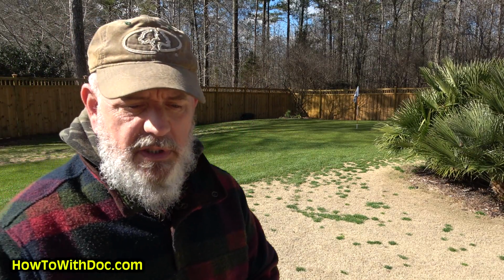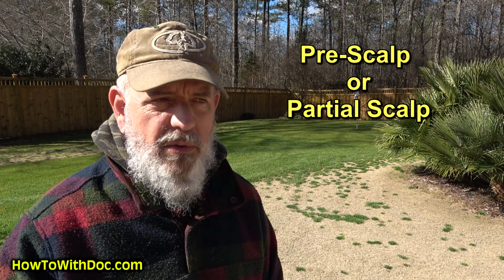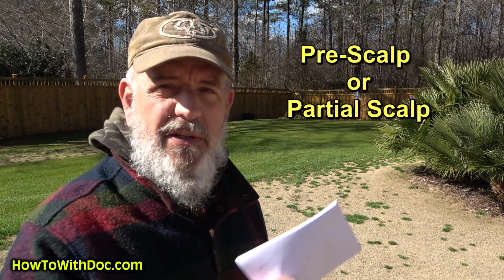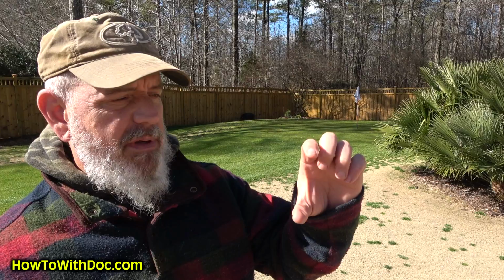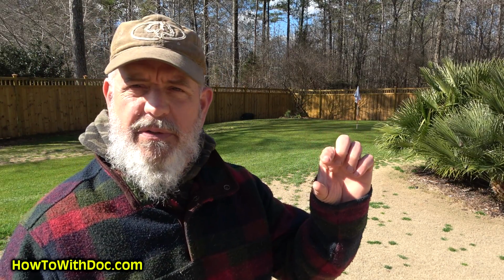So one thing I did want to talk about too, a couple of people had some questions about pre-scalping, or in other words, can I cut my lawn a little bit now and then do a full scalp later? Absolutely. So as an example, I can pre-scalp Barb's. Barb's is probably about 2.5 inches tall at least, and I can probably take that down to 1.5 inches or maybe even an inch,